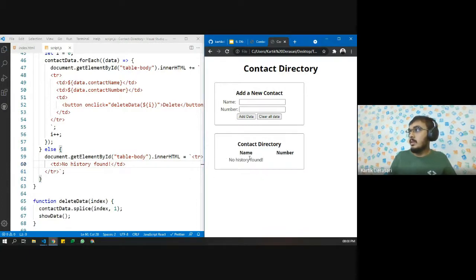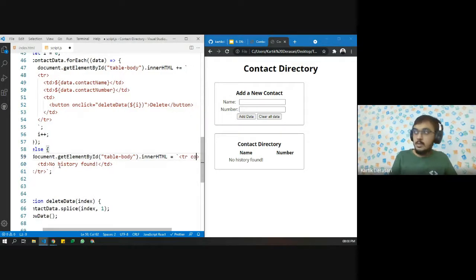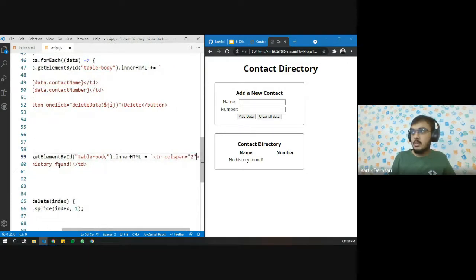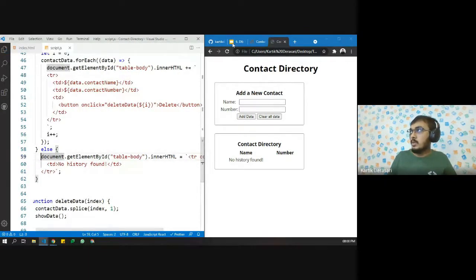Okay, clear all, no history found. Let's fix the CSS part also. So let's say colspan equals to 2. So this will span over both the columns.